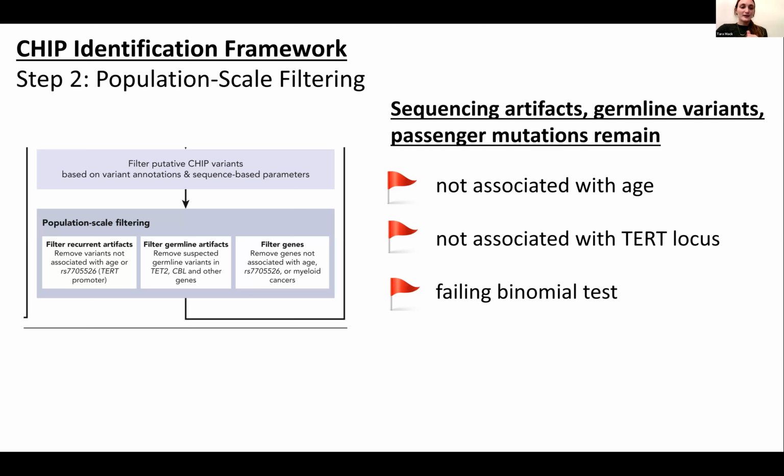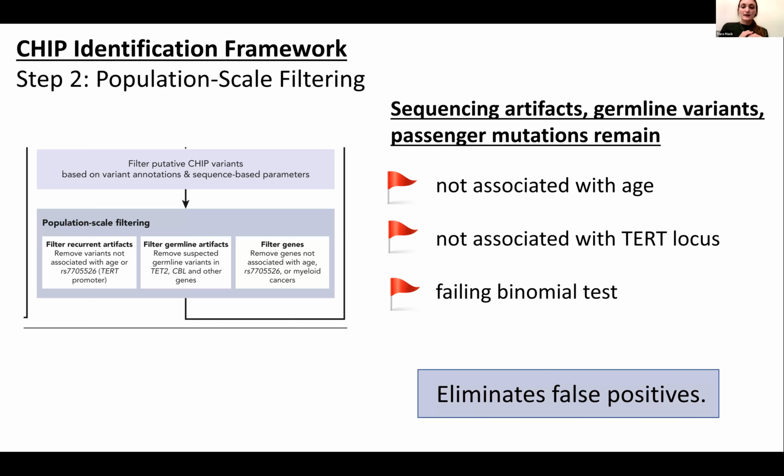And so again, there's a lot of detail in the paper, and I don't want to bore everyone with lots of details, but there are a lot of really important filters in this step where you can go through and identify a lot of these artifacts. In the paper, we have lots of supplementary tables where we've listed really common artifacts in all of these categories that you can look for in your data. And we did a lot of tests to make sure that all the variants we were leaving in fulfilled the criteria that we were expecting to be real CHIP calls. So this step should really eliminate any false positives that you might have left in the data.